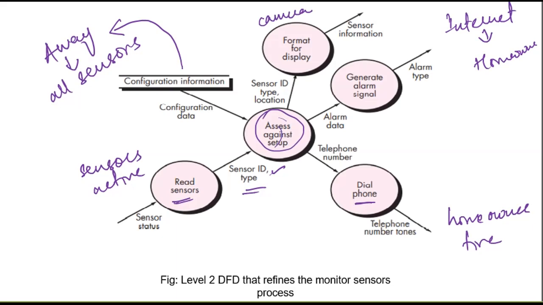Some type of bell will be played so that the burglars might move away, or this fire alarm might have some specific fire alarm ringing so that the neighbors can also come and blow out the fire. So this is how you're refining from one level to another level. Now this refinement is going to continue until each and every bubble performs a simple task.